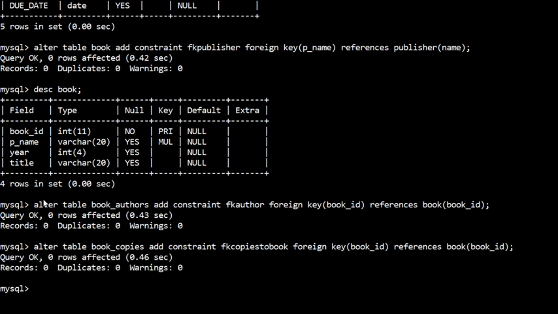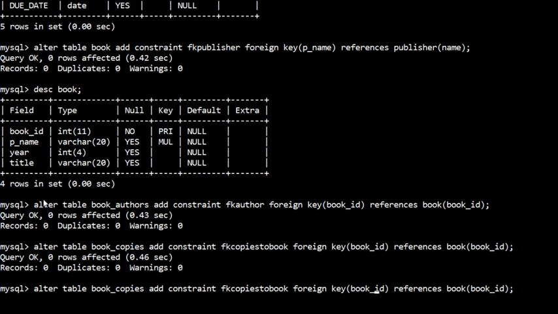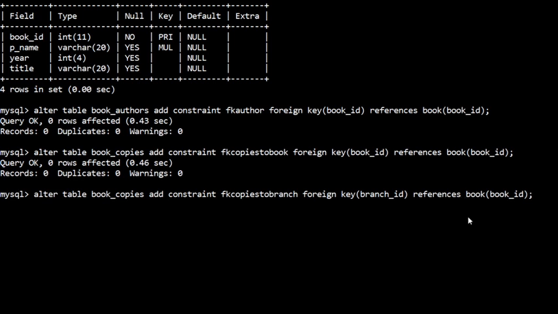Okay, then next we have to add one more constraint, which is pointing to your library branch. Here I'll write branch ID. It references the table library branch, and here the attribute is branch ID.